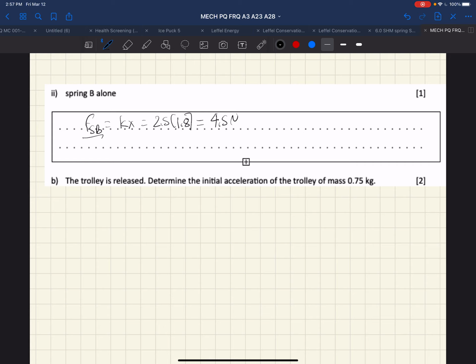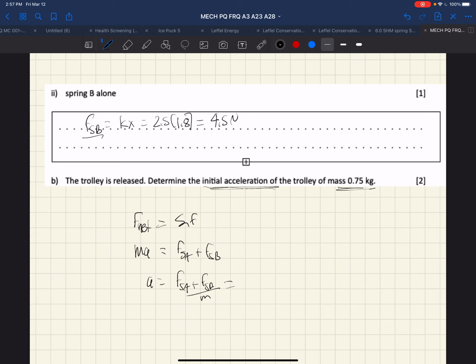Now the trolley is released, and we are asked to determine the initial acceleration of the trolley when we have this mass. Well, we can use our dear old friend Newton's second law. F net is the sum of the forces. F net is ma, and the forces acting are the force of spring A and the force of spring B. And therefore, the acceleration is the force of spring A plus the force of spring B, all divided by the mass